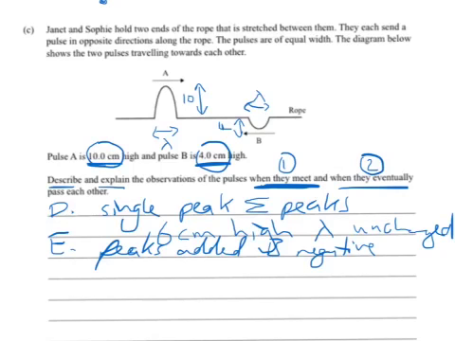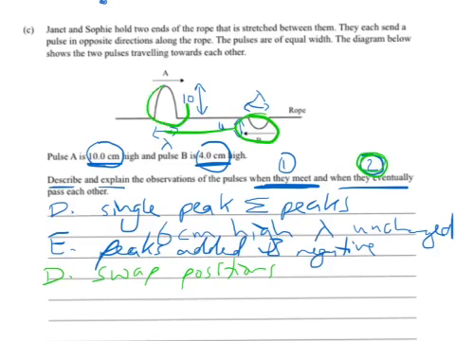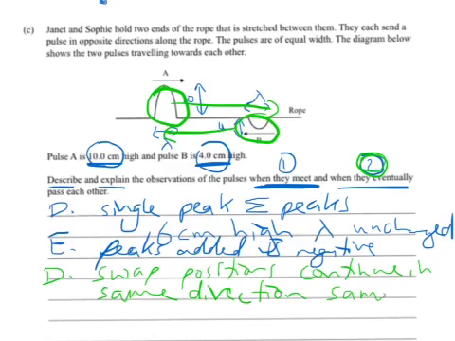But anyway, the second part, I'll do this in a different colour so that it's a bit easier to see. So the second part, what happens when they go past each other? They essentially swap positions from the original. And so this one is now here and this one is now here, and they're still continuing in the same direction, same amplitude. Same direction and the same amplitude. Okay, so the explanation of that